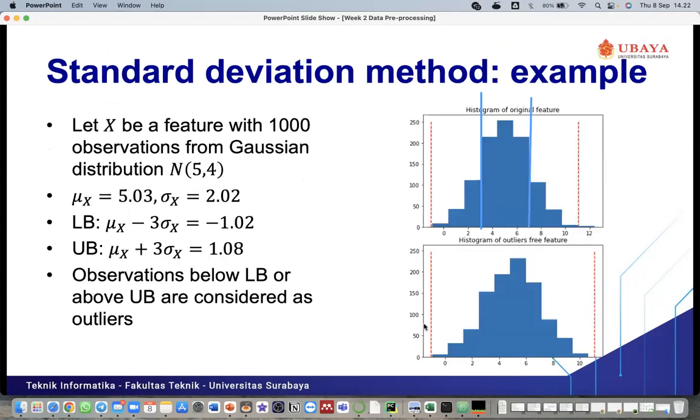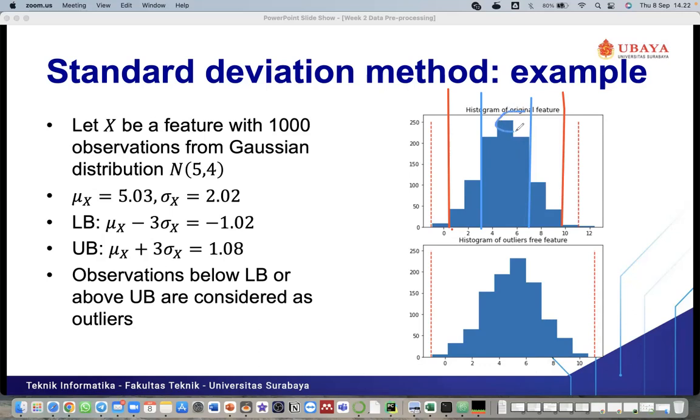Then the probability that the features are in this position, I will give another color. The first one is on this position, 68%.